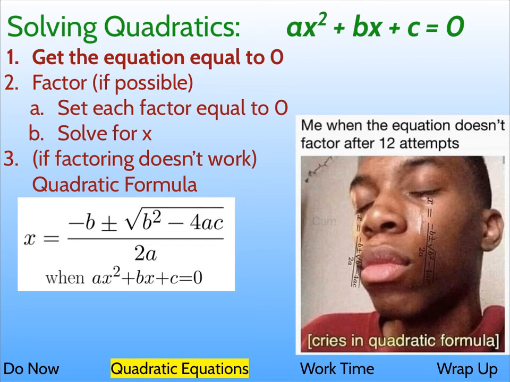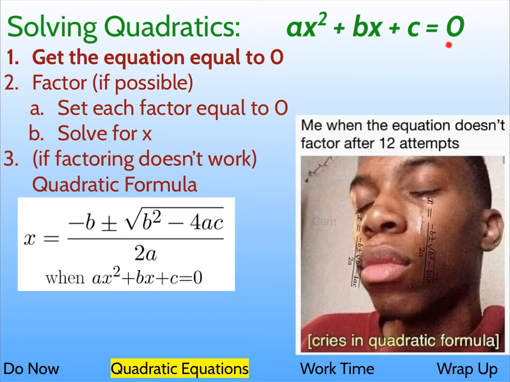Okay, so when we talk about solving quadratics, we're talking about things that look like this: ax squared plus bx plus c. Essentially, what we're looking for is that the highest power on one of the variables is squared. It's 2. So the steps to solving, the most important one is, number 1, get the equation equal to 0